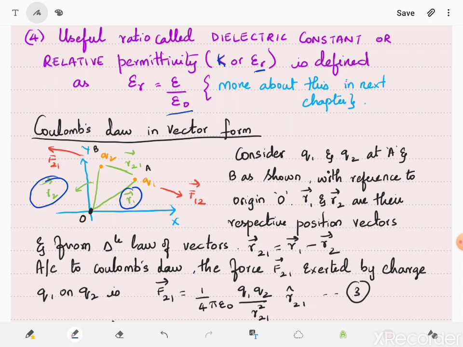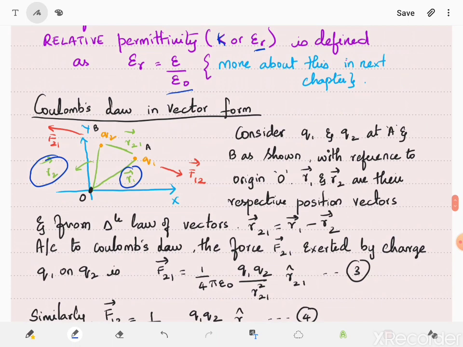Therefore one may write the force F21 exerted by charge Q1 on Q2 as F21 equal to 1 by 4 pi epsilon naught Q1 Q2 by R21 square multiplied with R cap 21, where R cap 21 is a unit vector